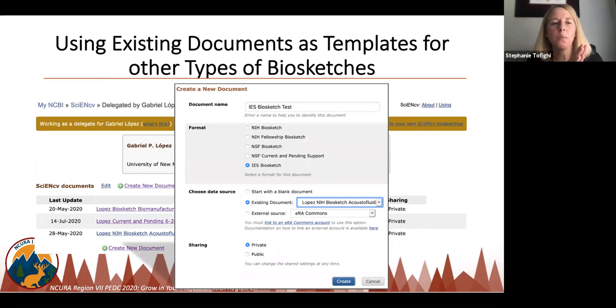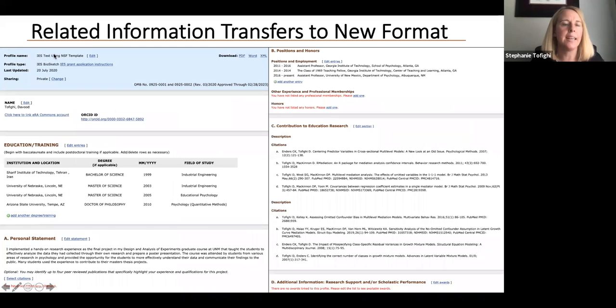You can see here that when we create a new document, if I want to do an IES biosketch test, and I want to use an NIH biosketch as an existing document, it will be able to transfer all of the information because IES uses the NIH format for their biosketches. It's very, very convenient. If, on the other hand, I wanted to make an IES test using an NSF template,